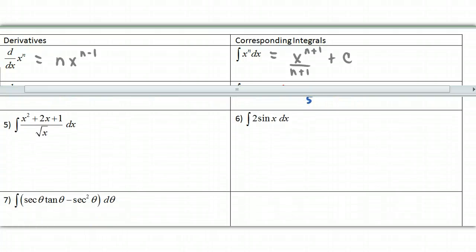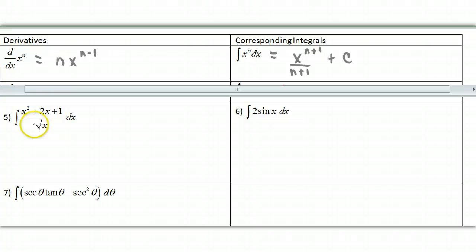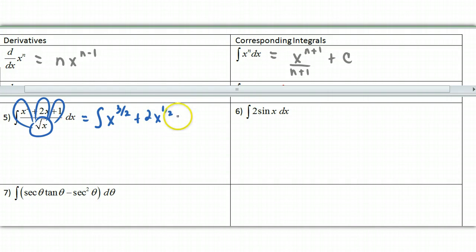Moving on. This is why we had those little warm-up problems for you, because I need to simplify this here. There is no particular quotient rule, or exact quotient rule, that we have for integrals. So I need to resolve this. So this was all plus signs. So x to the 3/2 plus 2x to the 1/2 plus x to the negative 1/2. Now, in all actuality, and we haven't talked about this, but we will, I need to cover that up and multiply it by dx. So I'm going to do it term by term. This is going to be x to the